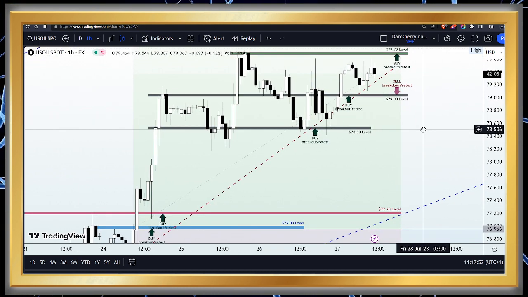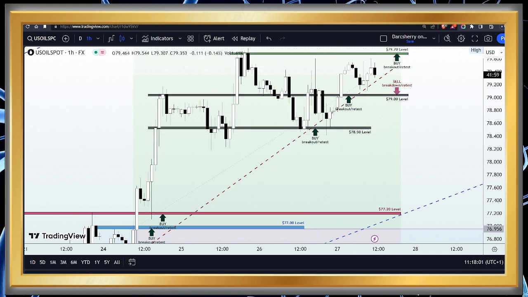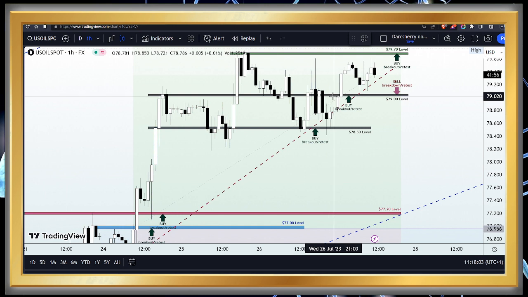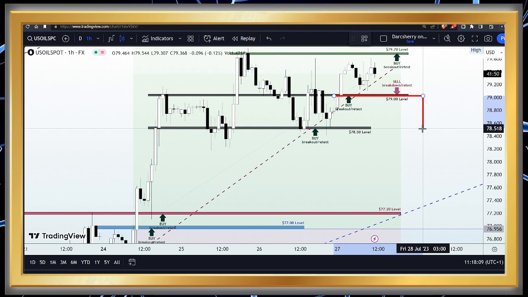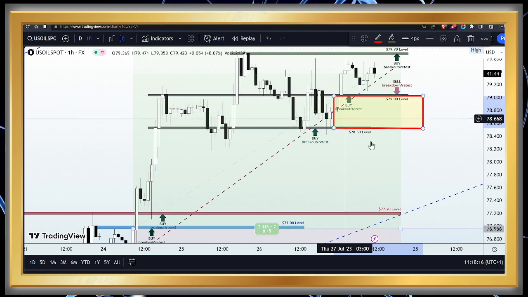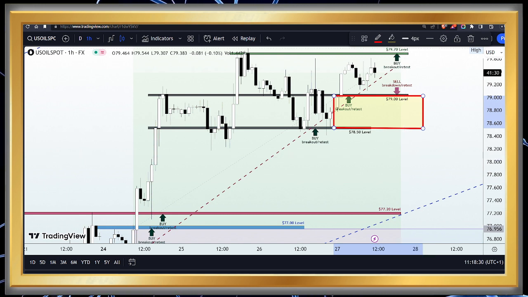Now, with the situation we have right here, it is very, very important that we move our stop losses to secure this current position. And in fact, I'm of the opinion that we want to be giving enough room for price action to breathe. So if we are going to be moving all stop losses on all buy positions, we should allow the stop losses to be anywhere between the $79 level and the $78.50 area, giving enough room. Let's see if the market might want to do some retracement to gather some momentum to push price further to the upside. So let's ensure that we have our stop losses secured within a wider range so that price could